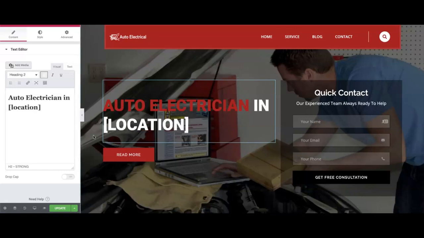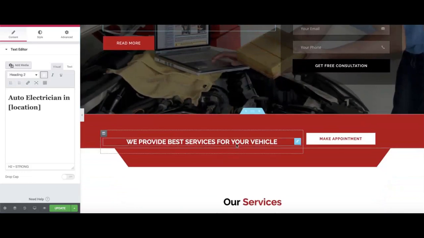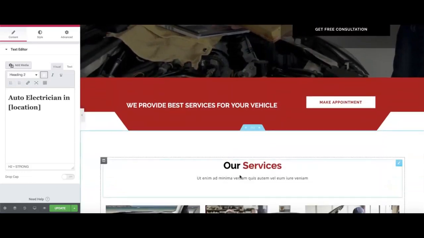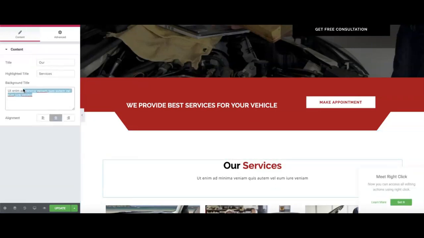Okie dokie, auto electrician in location. I'll show you how that works in a minute. Now, one of the key things that this software has that no other software provides is something called a city shortcode. Everybody wants a sitemap throughout their websites. Well, we've created something that we like to call the automatic sitemap, and I'll show you exactly how that works.